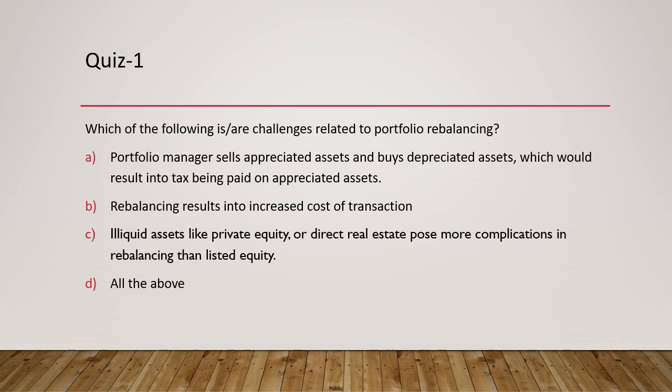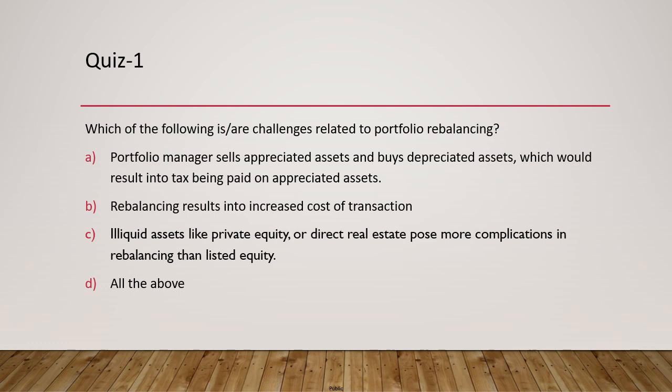So, portfolio manager sells appreciated assets and buys depreciated assets. That's what has to be done if you typically follow strategies like the constant mix strategy or strategies such as CPPI, which we will discuss going ahead, right? So typically the portfolio manager will sell the appreciated assets because of rebalancing, and second, also making some money out of it. And the moment you sell appreciated assets and buy depreciated assets, you will have to pay tax on the gains that you have made by selling appreciated assets. So there is a capital gain applicable. So this statement is correct.